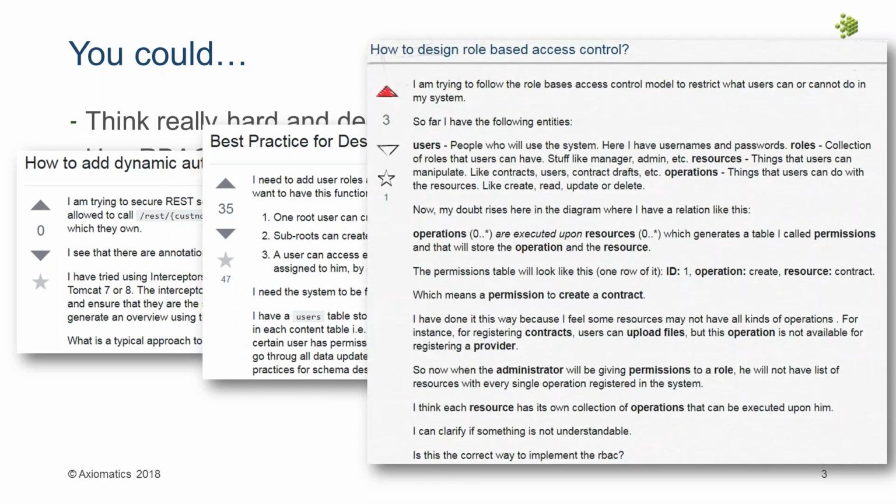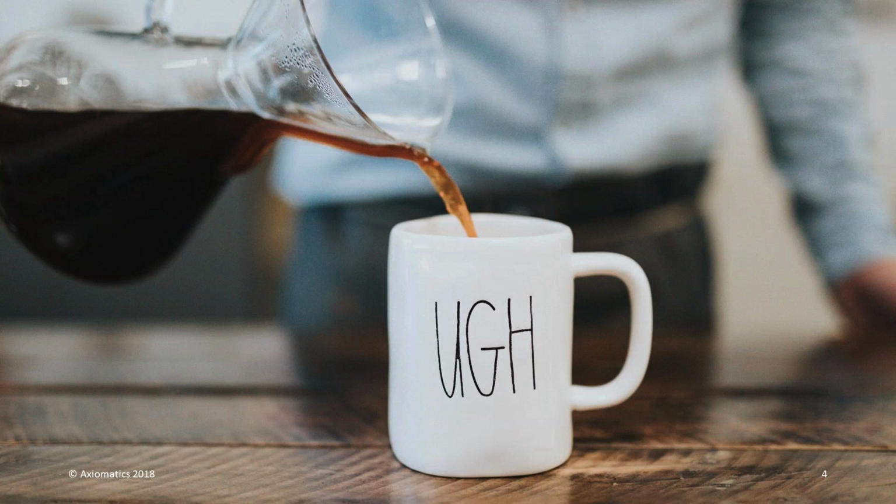And then another example here is yet another model where the user is trying to imagine operations, resources, and permissions to handle the different access control scenarios. All of these can be easily expressed through policy. So when I see that, Jonas, I don't know about you, I drink a lot of coffee to try to stay awake throughout the day. I'm like, yeah, it's not going to work that well. So we need to come up with a new approach.